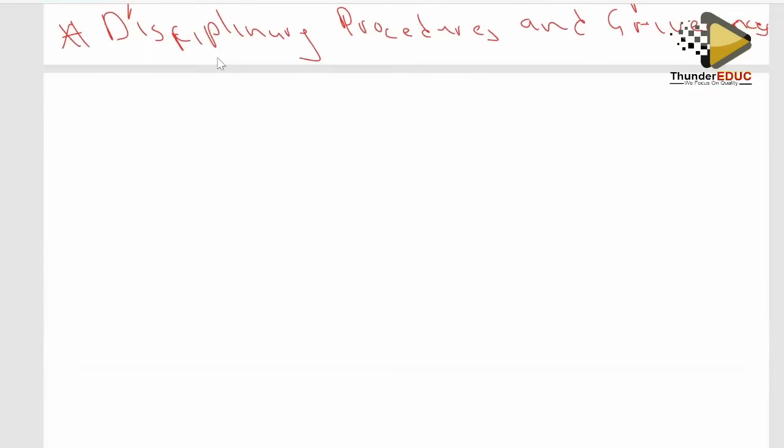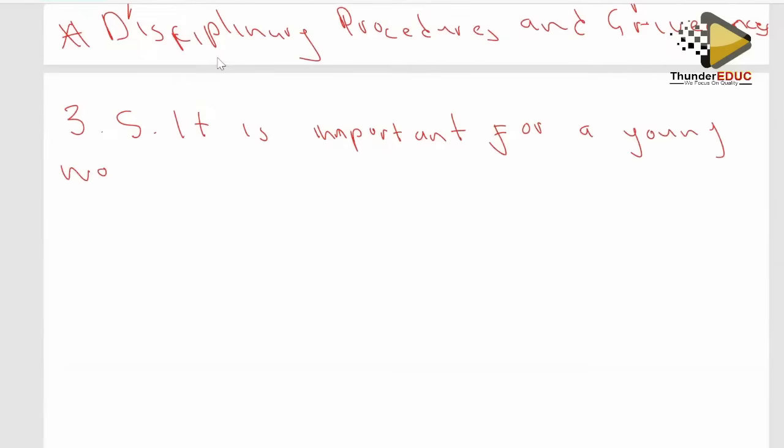So the first point is that it is important for a young worker to review a job contract